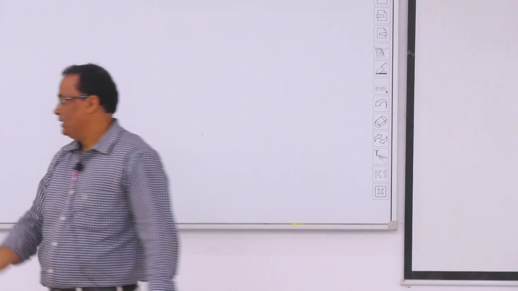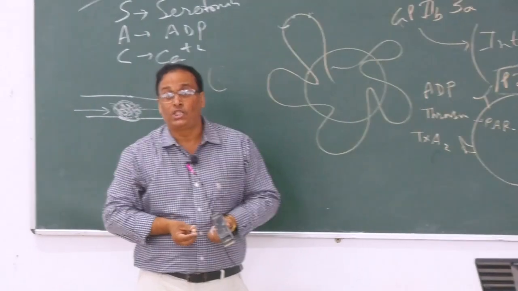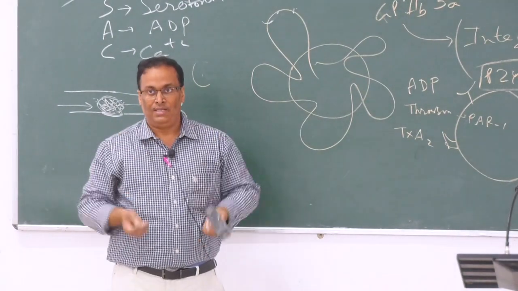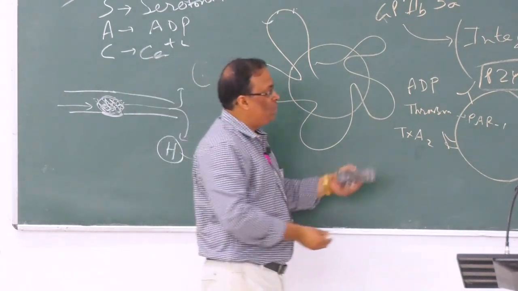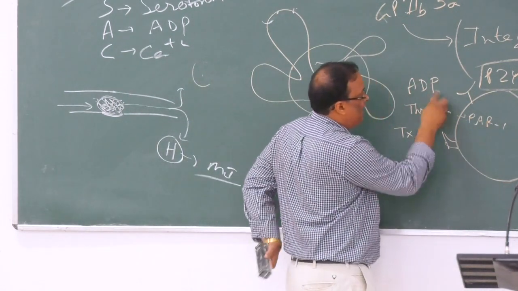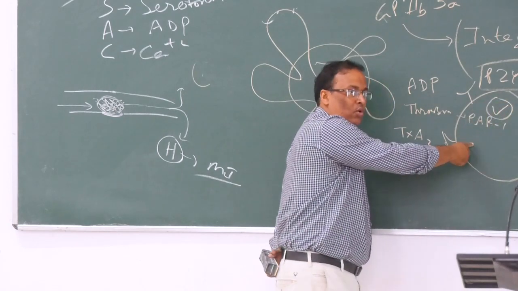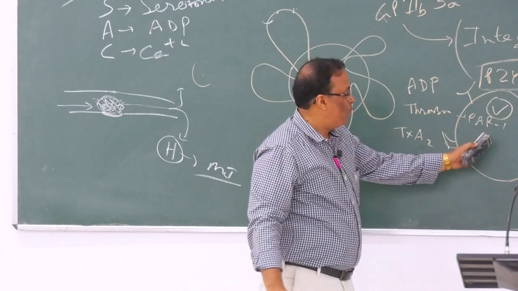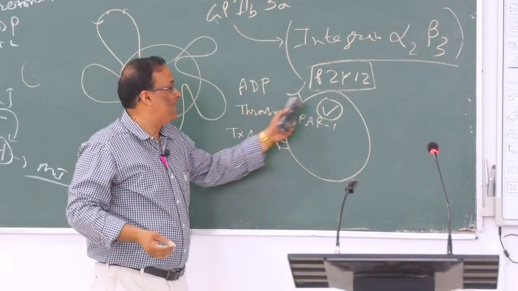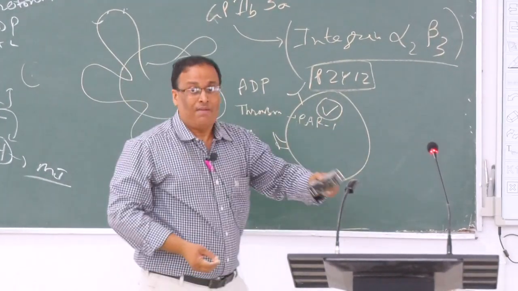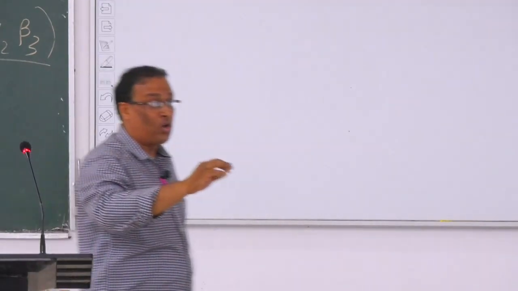Then ADP will bind to this, meaning it is inviting the other platelets for activation. That is number one. Second, if this gets activated, these new platelets, there are plenty of new platelets activated via this action. Activation means one of the points was the conformational changes